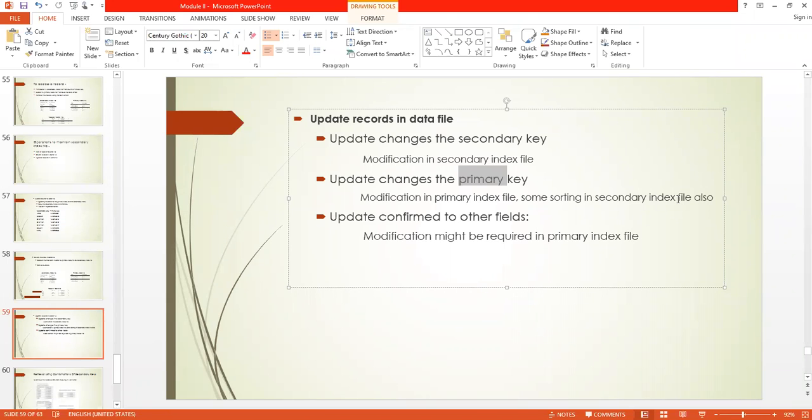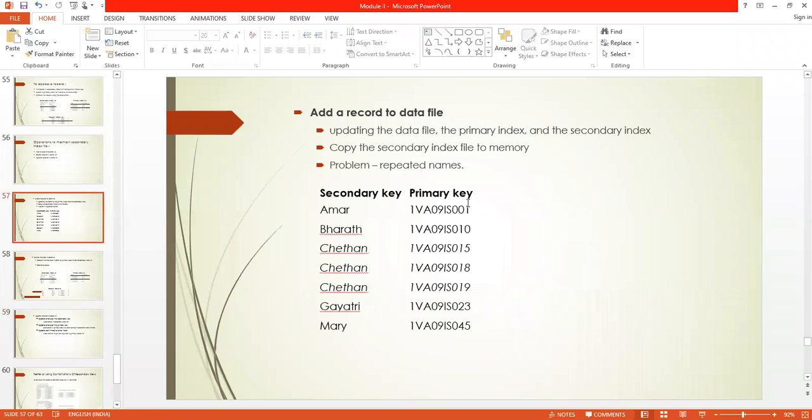There might be some sorting also required. Like if I change the USN of Chetan, I change IS 018 to IS 53. If the name also changes, the whole record will move to a different location.